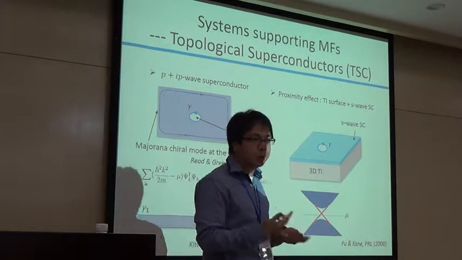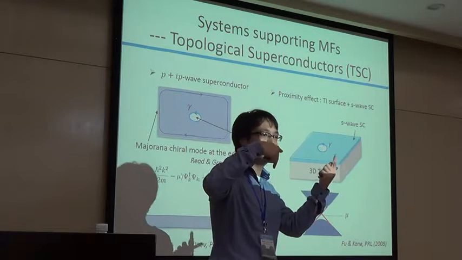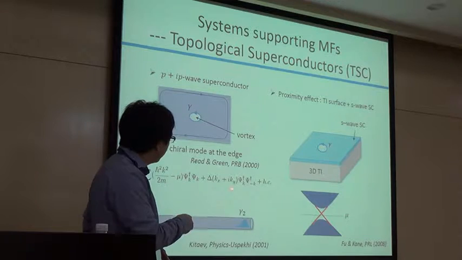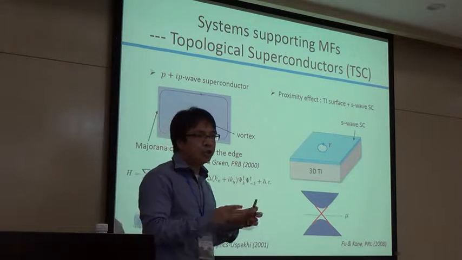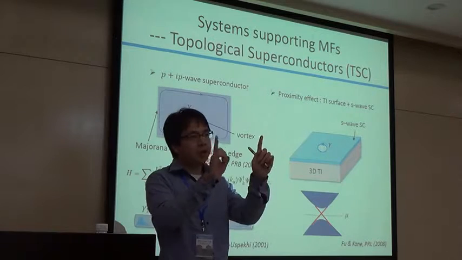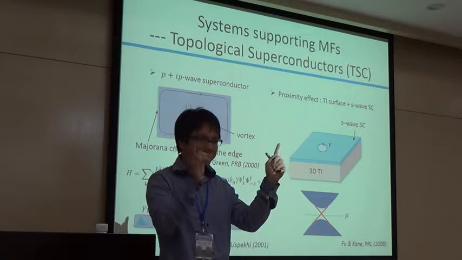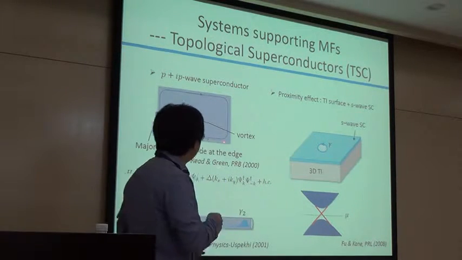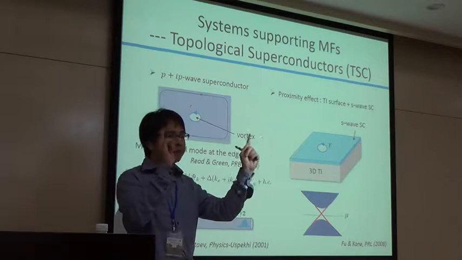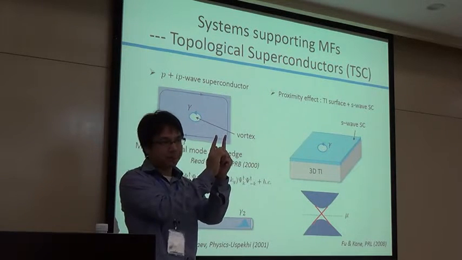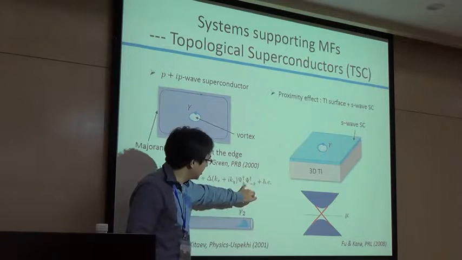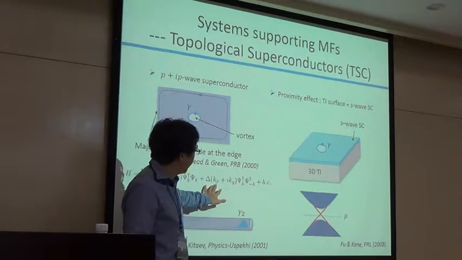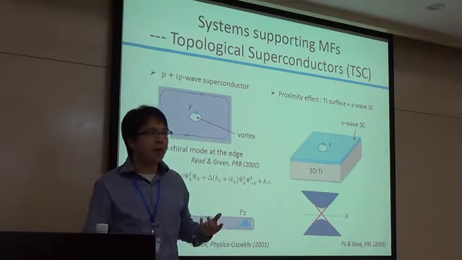So that means that in your system, you need both spin up and spin down electrons. But for this type of superconductor, you write down your Hamiltonian. All you need, actually, you suppose your system is all the electrons are spin polarized. So you have only, say, spin up electrons. And then you pair these spin up electrons, they form pairs. I don't have the spin label, it's just spin up. And then they have some pairing. It's not a singlet pairing, it's a triplet pairing.